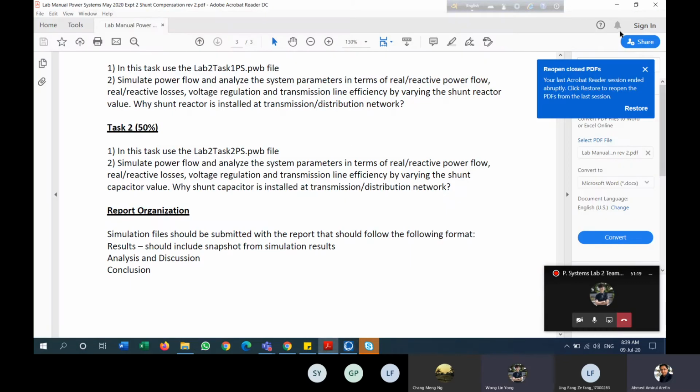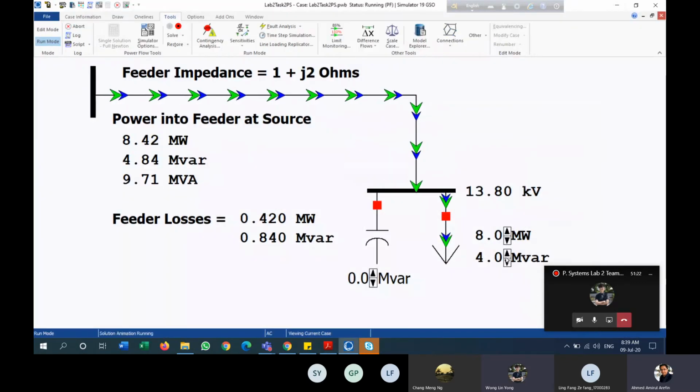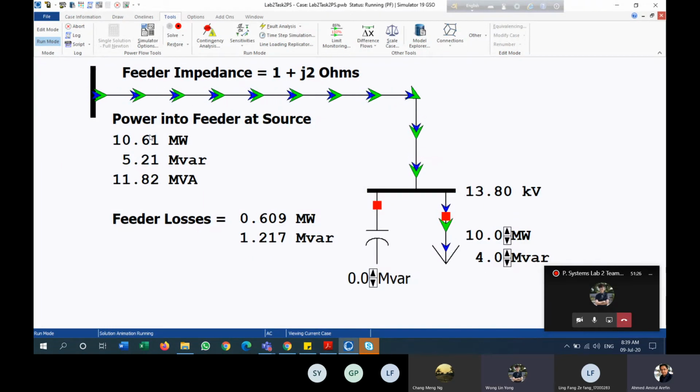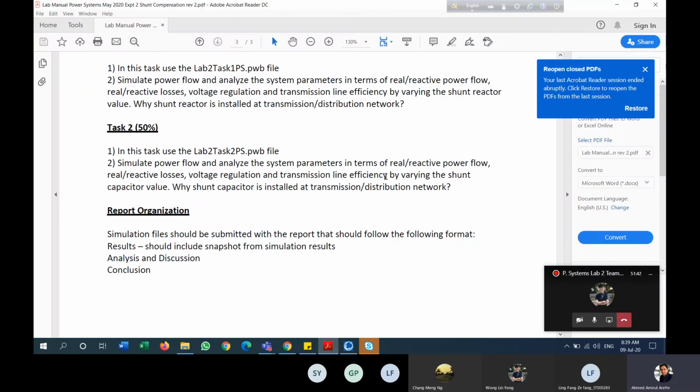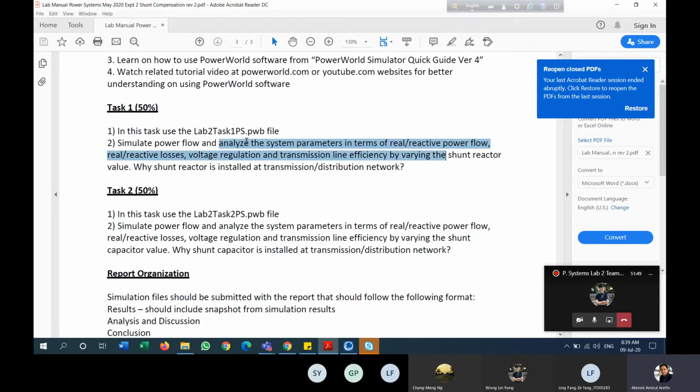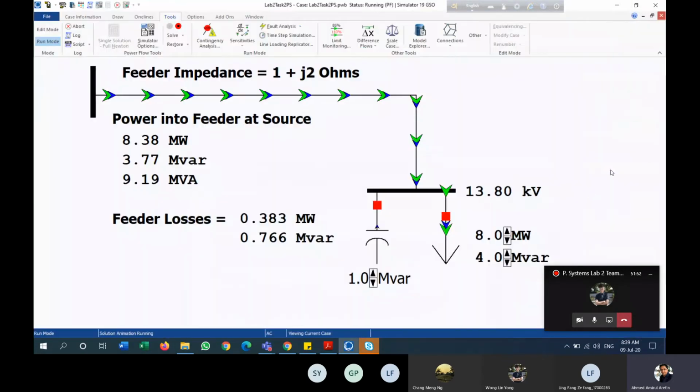So should we change any value of the load or just leave it like that? Yes, you can change. Once you have changed it, you can also see the values changing here. But the issue is that we are trying to fix the load value and change the shunt reactor value, because this is our task. They want to see that once you change the value of the shunt reactor or the shunt capacitor, what is actually happening to your line,